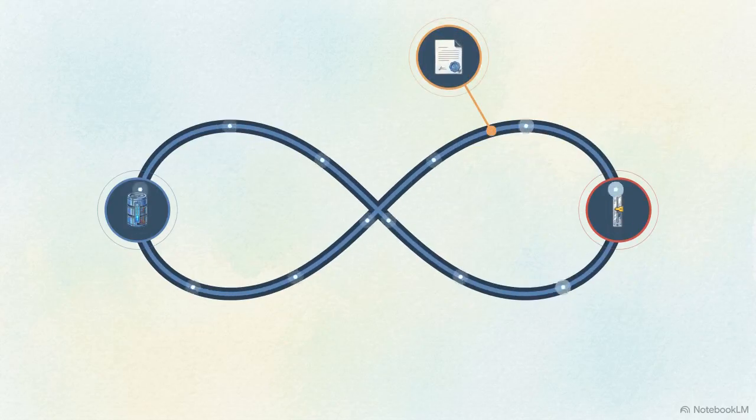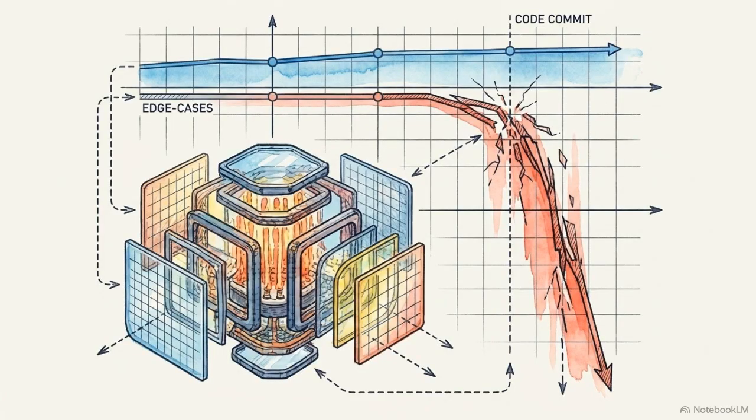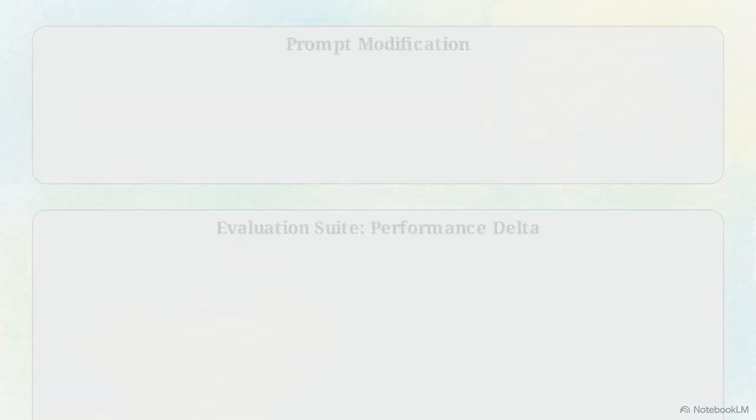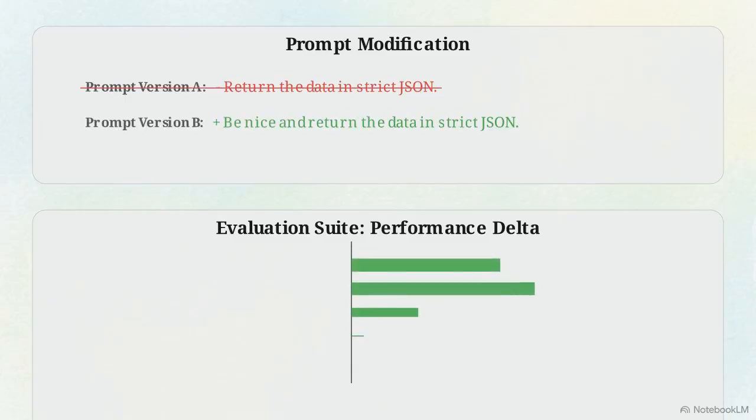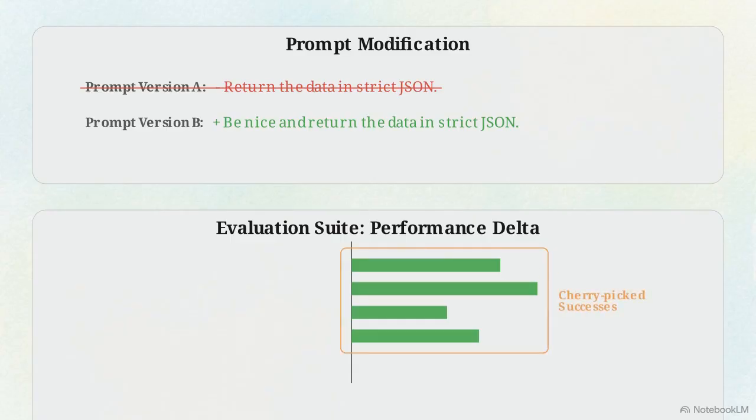The endgame for this suite is integrating these tests directly into a standard continuous integration pipeline. This enables regression testing, which tracks whether updates to the prompt or the RAG pipeline have caused existing performance to degrade. This split view shows the mandatory workflow. Every time a prompt or model is modified, the full eval suite executes to generate a comparative performance chart.